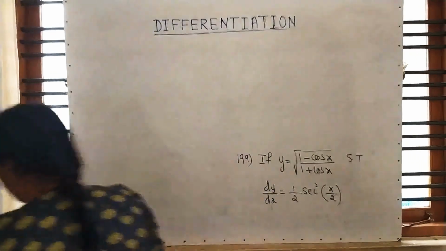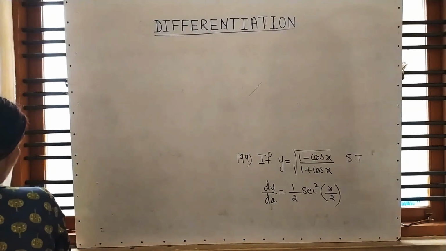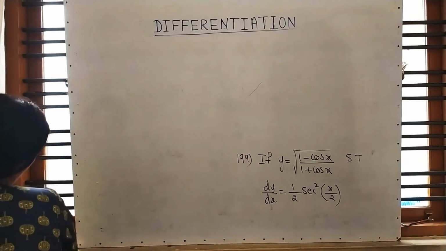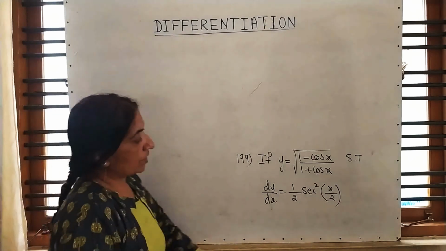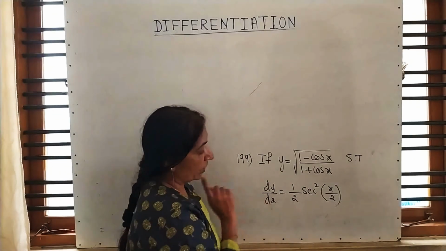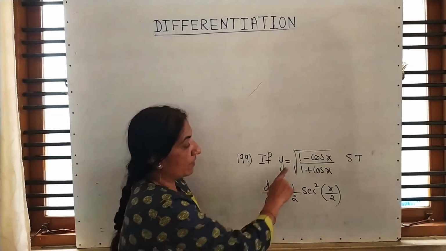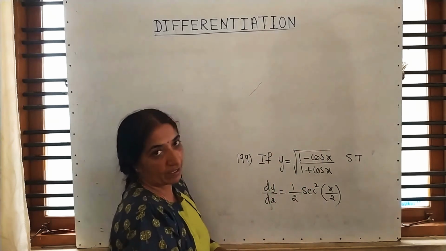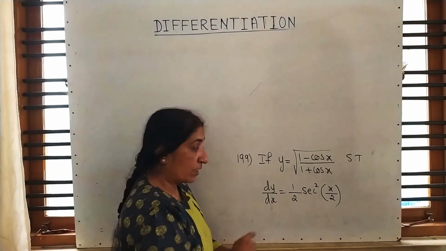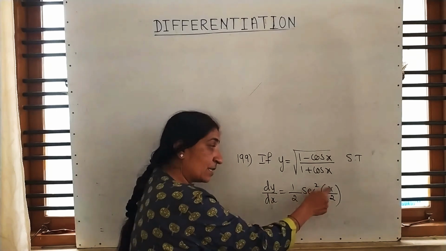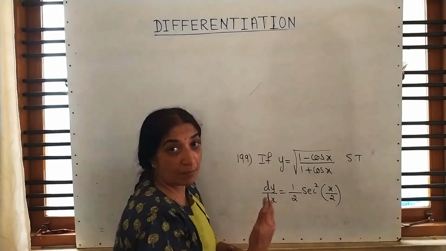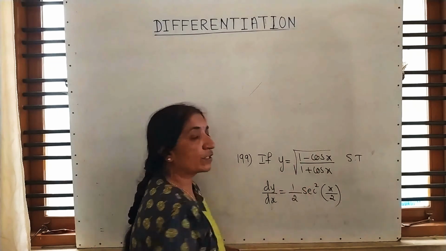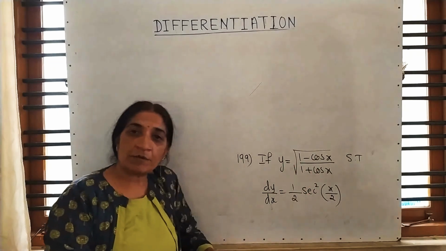And the question itself gives you the hint. See in the question, y is equal to root of 1 minus cos x upon 1 plus cos x. Show that, this is the question. Like previous, first you can differentiate the root, then inside term by applying u by v method. Correct? Or if you see the answer, here it is half angles, multiples and submultiples. Are you familiar with the formula 1 minus cos x and 1 plus cos x? Yes. Before differentiation, I am applying that formula.